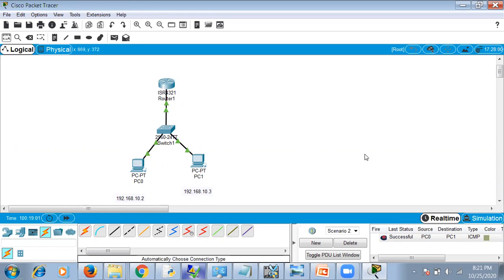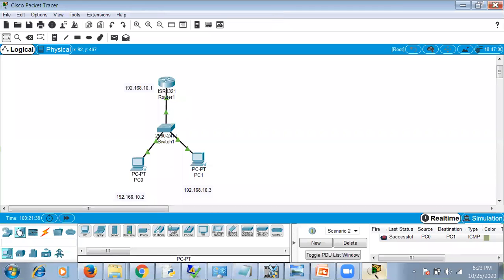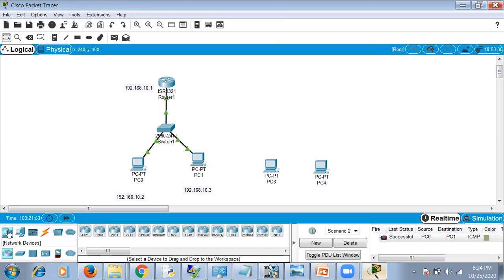So we'll make the same topology here. Okay. We'll make another topology because we need to connect two routers. Next, we'll select the switch. Next, we'll select router.